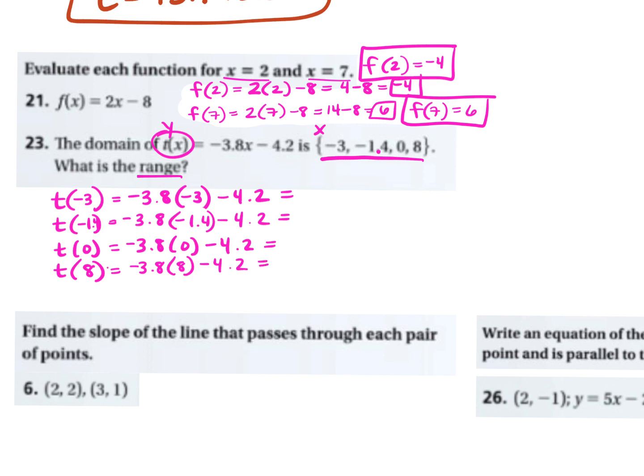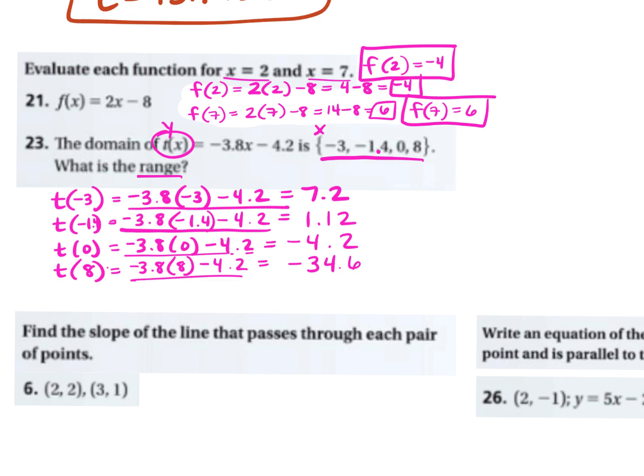Okay, so you plug all that in straight across, right? Plug this into your calculator, you get 7.2. Okay, plug this into your calculator, negative 3.8 times a negative 1.4 minus 4.2, and you get 1.12. Plug this one in and you get negative 4.2, and then plug this one in and you get a negative